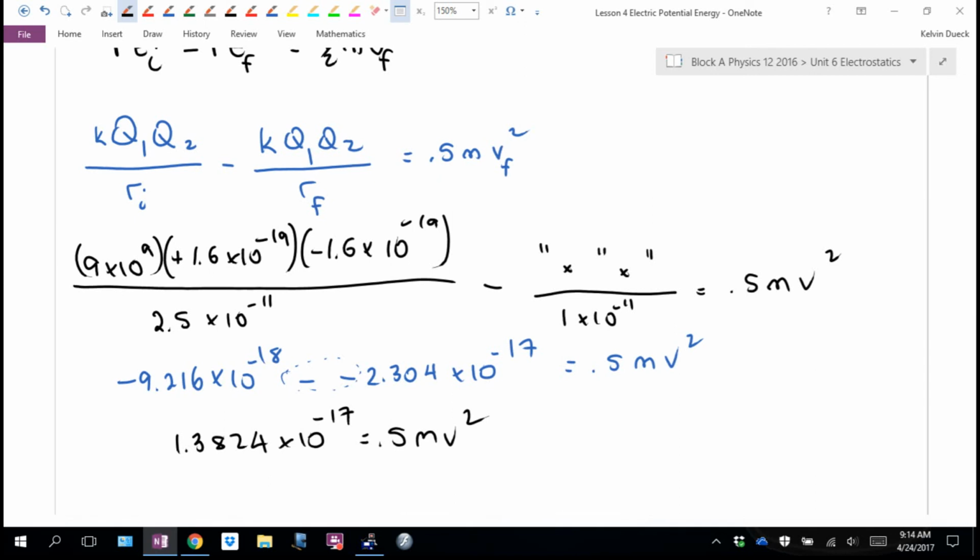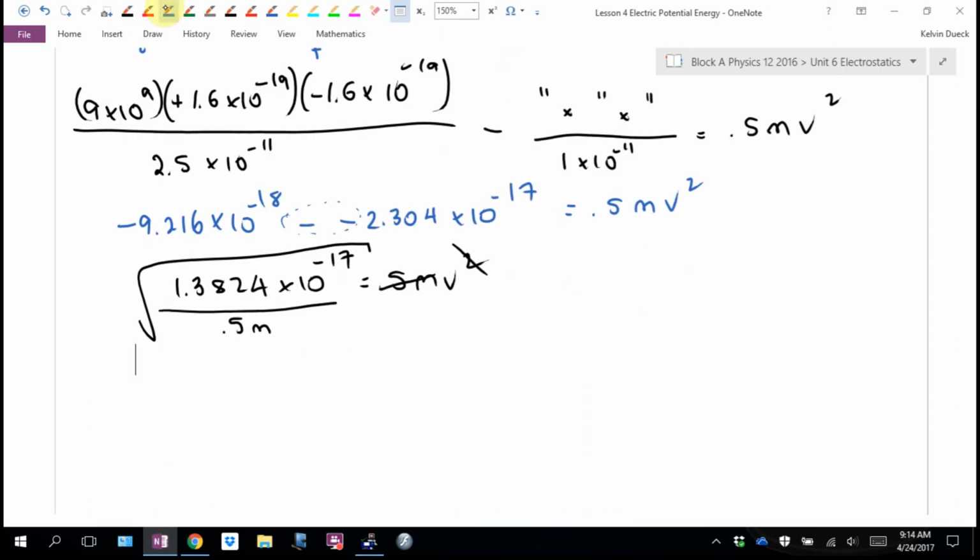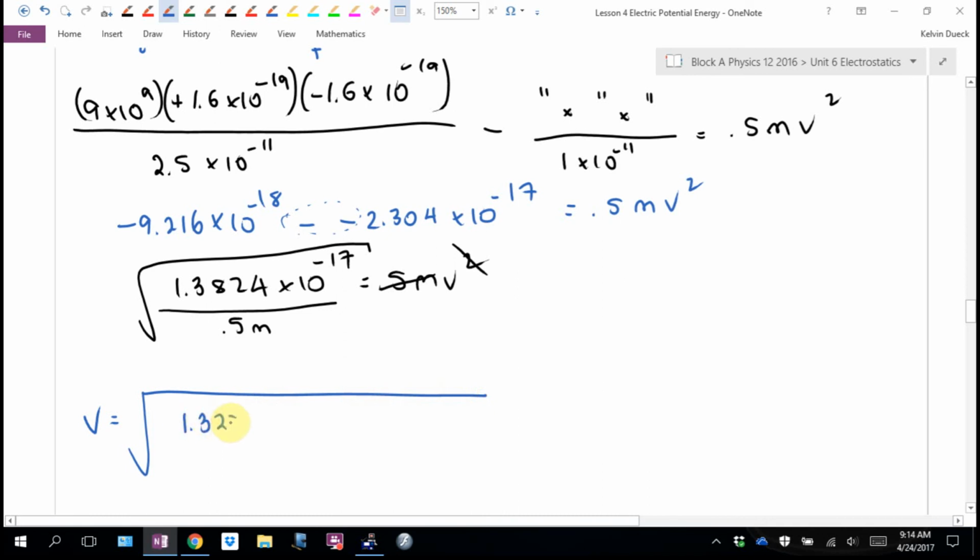Nick, how would I get the v by itself? I'm going to do that on this line. I'm going to divide by 0.5 m. That gives me a v squared. Oh, I didn't want to do that. Square root. Okay, so final answer. I'm going to get v equals the square root of 1.3824 times 10 to the negative 17 divided by